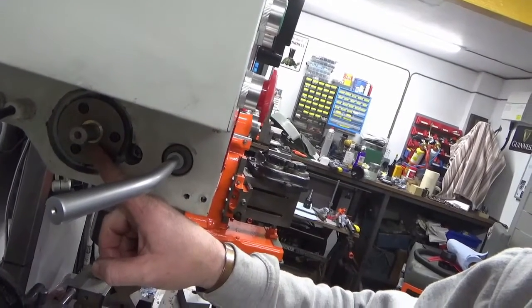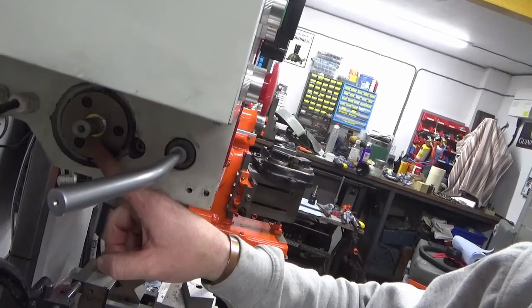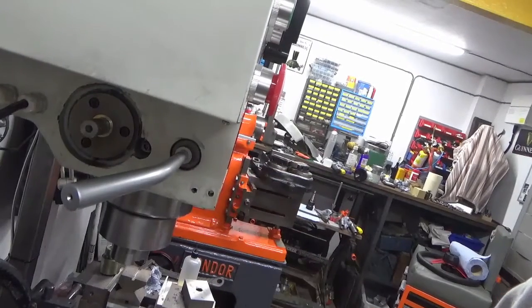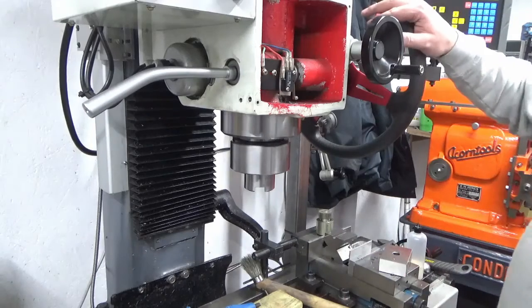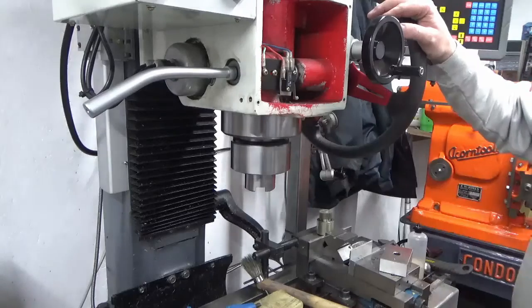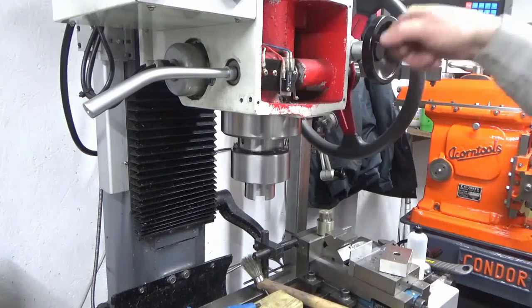So what I'm going to do now is get the rest of the machine put back together. We're going to get the spring unit back on here, get the other casting on and the hand wheel, and I'll bring you back. Okay, we've got our hand wheel back on, spring back on. I've still to put all the front plate back on, but largely we've got